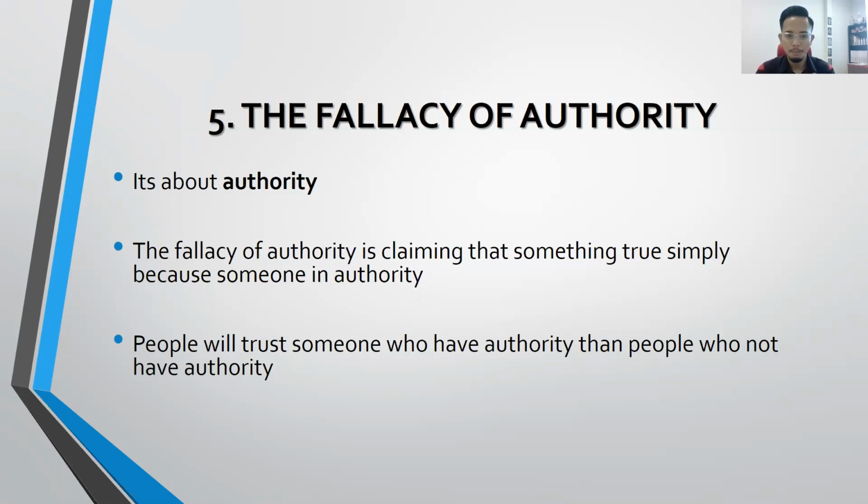So normally people will tend to trust someone that has the authority. Of course, you yourself will trust me because I'm the lecturer rather than your friend who has nothing. Maybe their degree isn't even finished yet. Sometimes people think you have a PhD holder and a master holder, so normally you tend to trust who? So normally we will tend to trust someone that has the higher position, a PhD student who has the title doctor. So something like that. It's about fallacy of authority, a mistaken belief.